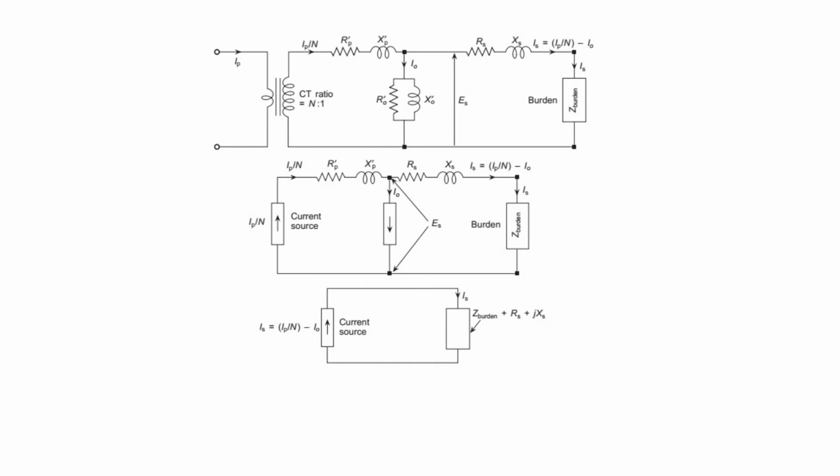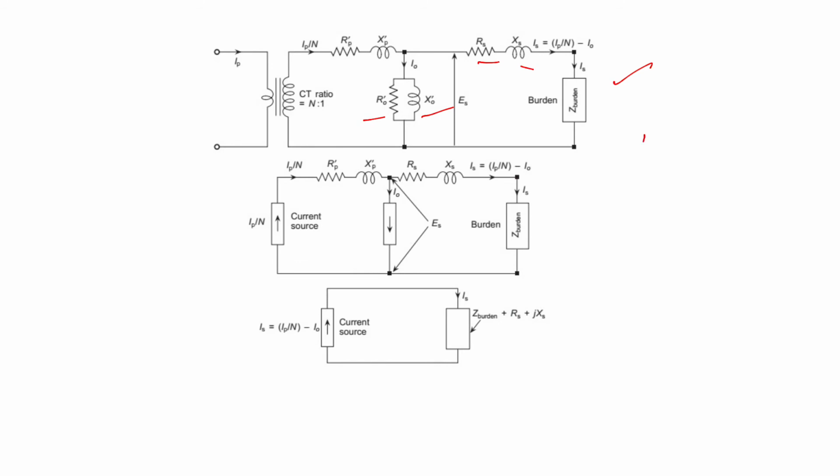So here a figure you will see, here we will have the equivalent circuit of the CT referred to the secondary. Now in this case RP, XP are the primary winding resistance and leakage reactance respectively, referred to the secondary side, and RS and XS, as you already know, are the resistance and leakage reactance of the secondary winding, and the excitation is modeled as X naught dash and core loss by R naught dash. So this is the equivalent circuit which is referred to the secondary. Now we have to see the different situations.